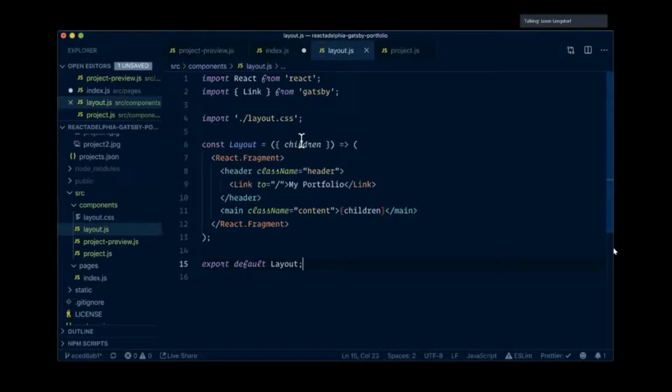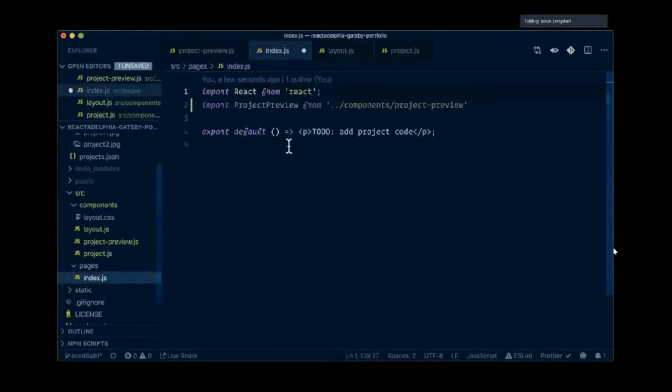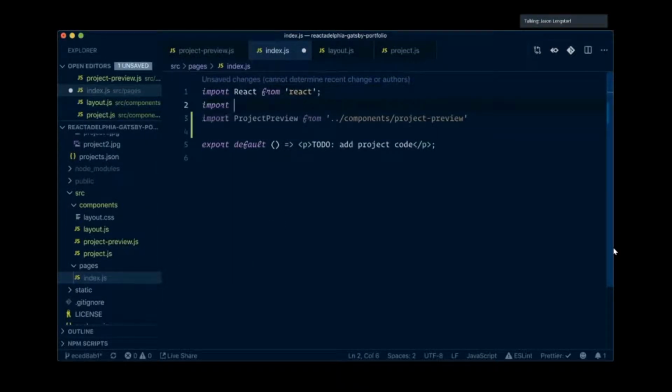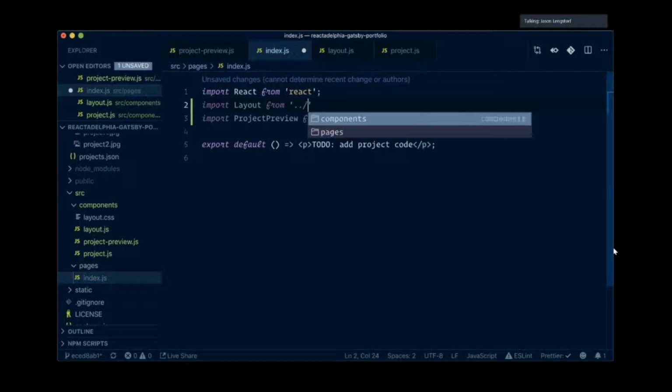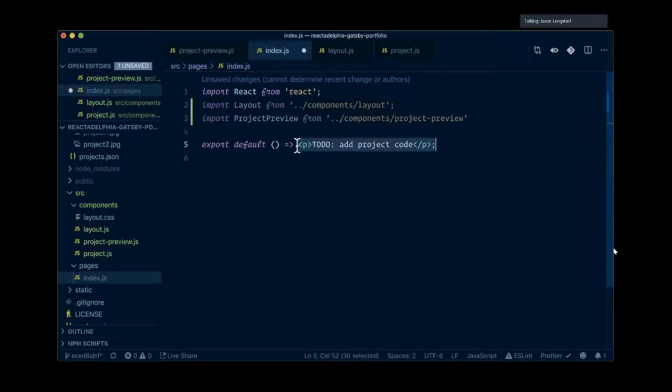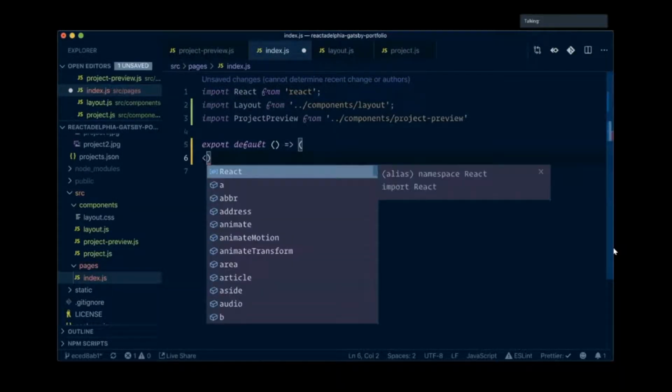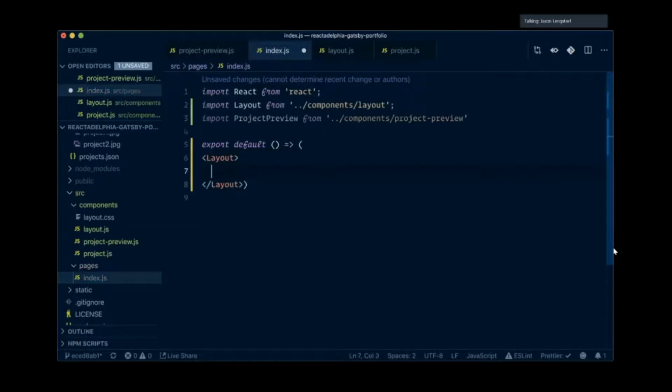And now we've got ourselves a layout that we can use. So when I go into this index here, I also want to have that. And that's why I thought about this, because we don't just want to throw content on the page. We want to have it wrapped up in some kind of nice way. So I'm going to return a layout, and inside the layout,